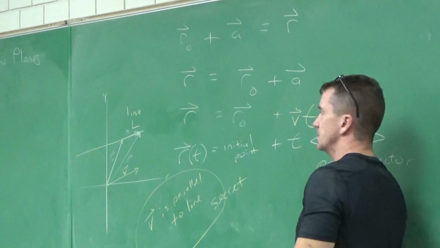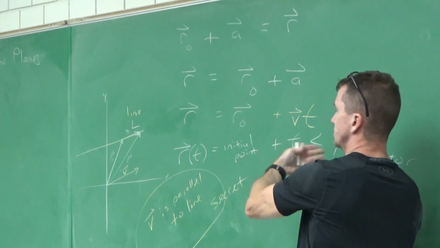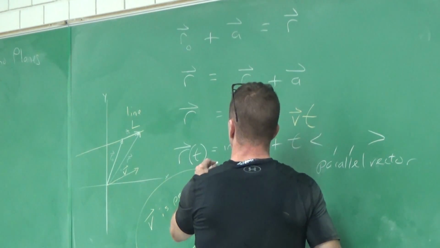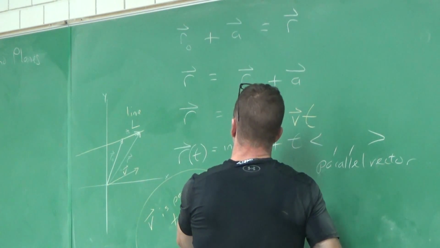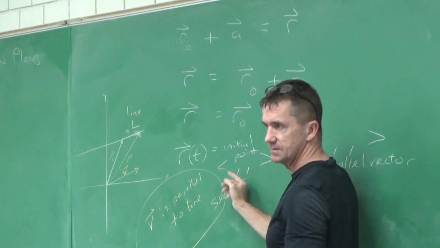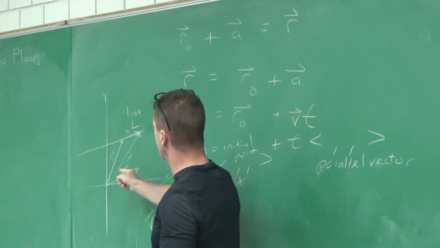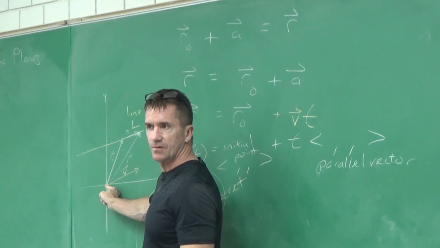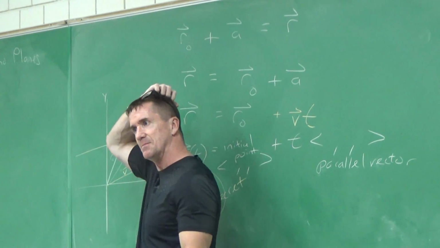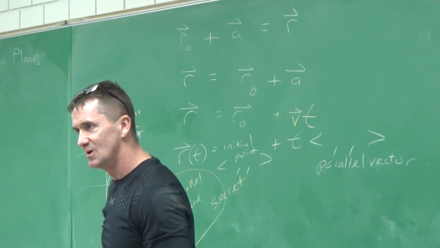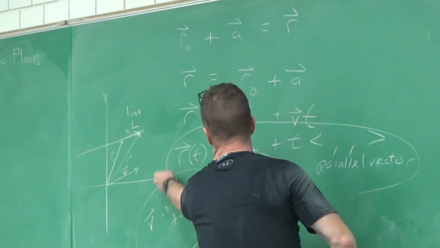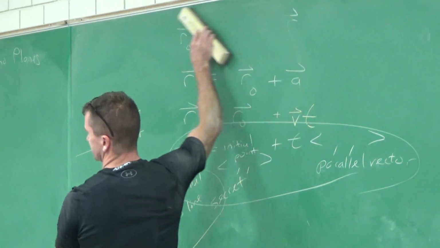Sound cool? So you might not think of it like this, although this is really what it is. This right here is just that initial point. You can think of it as the point (1, 2, 3), and you can write it as a vector if you want, because it'd be the vector that went from the origin. If you subtract (1, 2, 3) minus (0, 0, 0), tip minus tail, you still get (1, 2, 3). Point vector. So I'm going to keep this here, erase everything else, and let's play with this.